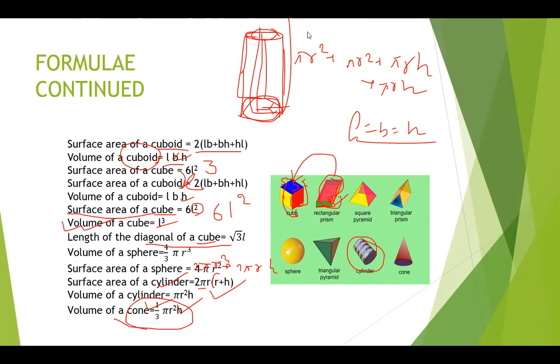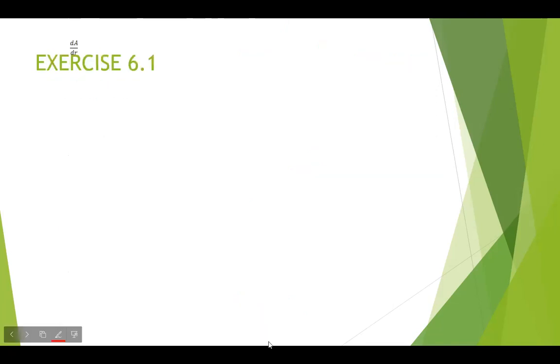Now, when you look at a cylinder, if you cut it into 3 pieces, we are going to have a cone-like structure. Suppose it is extended like this, then we have a cylinder. So 1/3 of the cylinder is our cone. Thus, the volume of a cone is 1/3 of the cylinder. So, the volume of a cone is 1/3 pi r square h, because the cylinder has the volume pi r square h. 1/3 of the cylinder is our cone, which means the volume of a cone is 1/3 pi r square h.